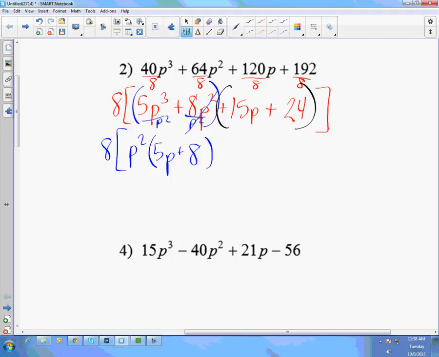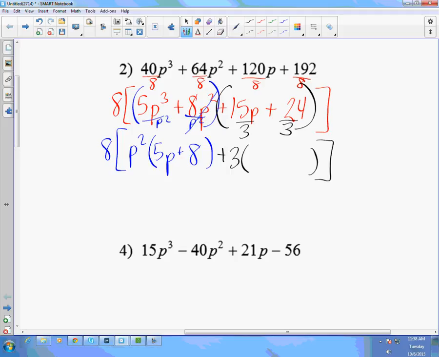The largest number that divides 15 and 24. What is it, Alex? 3. Do they both have p's? No. So positive 3. If we divide both of them by 3,